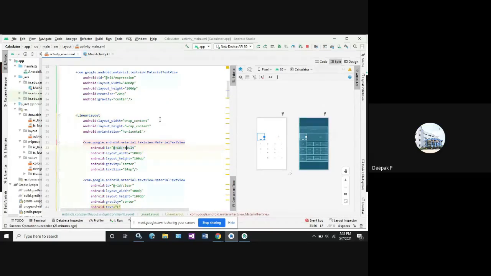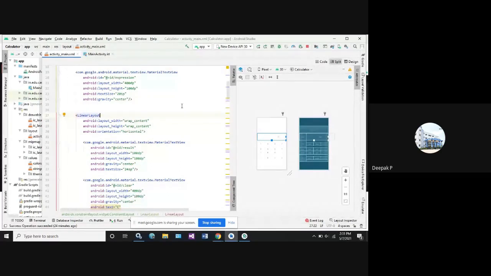Now, after this, you can see here we have taken the values 1, 2, 3, division symbol. These contents are represented not in a vertical way, but in a horizontal way now. So now I need to start the content for the linear layout. Make sure the width and height are set to wrap content because we are adding the content in a particular position. Next, what is the orientation in which the content has to be displayed? It has to be horizontal because we are reading. If you want to make it vertical, you can go for vertical, so that 1, 2, 3, division will be loaded in the vertical way.